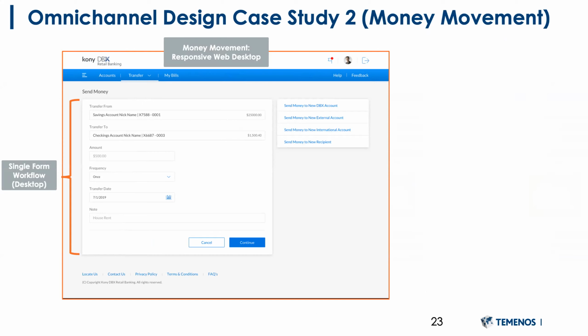So an example of how we create an experience specifically for responsive web, and then how that compares to a native application. And we're going to take an example of, in this case, money movement. So transferring money between, in this case, between accounts, either within a bank or between two different financial institutions. So this is a responsive web example for desktop, and you can see that all of the fields are presented